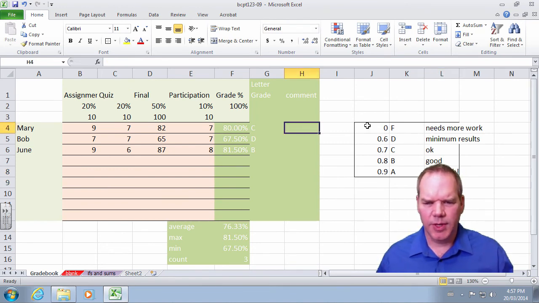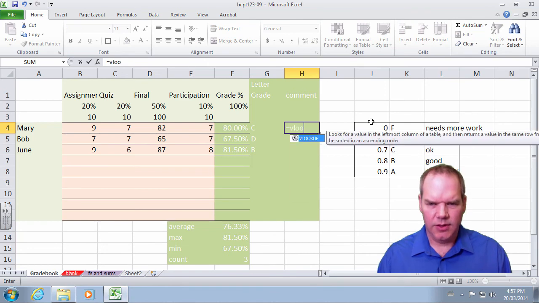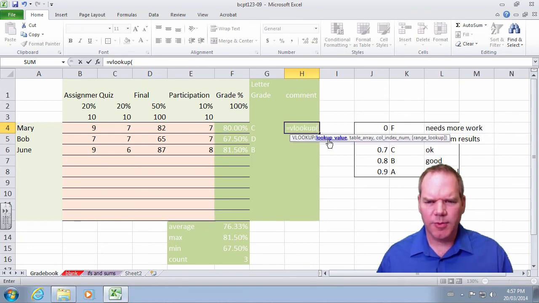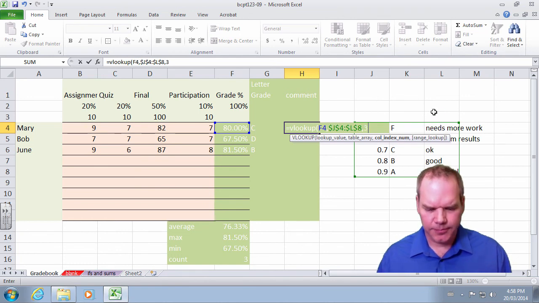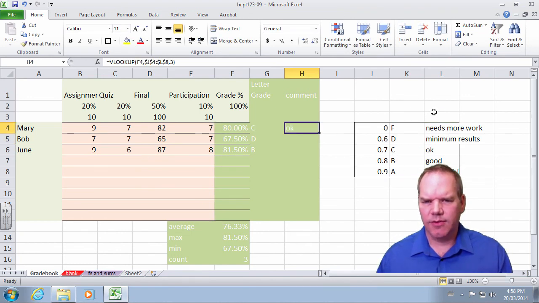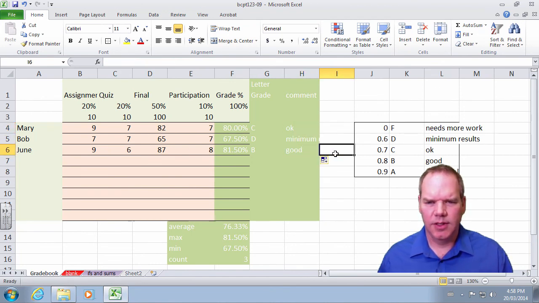So doing a vertical lookup again, I'm going to look up the value, again the 80% that we had. I'm going to look up in the table array. Now I'm going to have all 3 columns of data, that whole area that we're looking at. And again, I'm going to make that absolute, so I'm going to press F4. And now I want column not 1, not 2, but column 3. And that's going to find the relevant comment for what we want to do. And again, I can copy that down, and everything